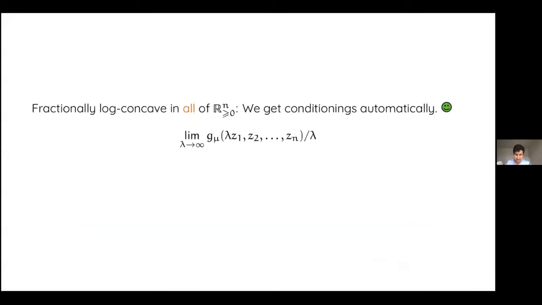The very high level overview of that is if you want to condition your distribution on the element 1 being inside your set, you just put a very large weight in front of Z1. That gives you a new distribution, and as long as this lambda is very large, that's like conditioning on element 1 being inside your set. And this type of operation preserves a concavity of the type I mentioned.